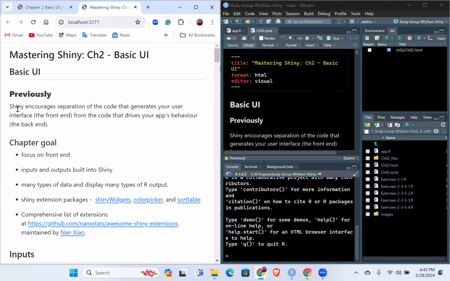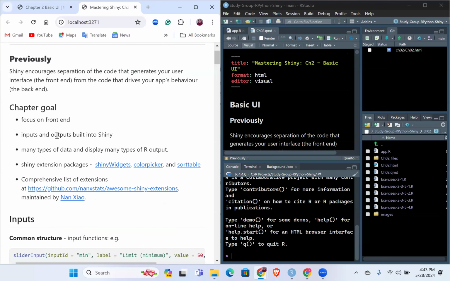We looked at how the Shiny package encourages separation of the code that generates the user interface, the front end, from the code that drives the app's behavior, the back end. If we're looking at the front end, we are looking at the UI part of the Shiny app. When we look at the back end, we're looking at the server side of the Shiny application. So the goal of this chapter is,